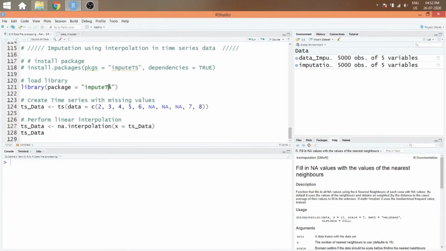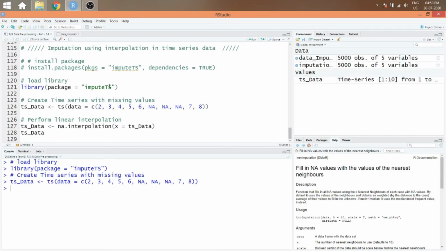Interpolation in time series data. imputeTS is a package and na.interpolation is a function which helps us to interpolate time series data. In line 121, we are importing the imputeTS package into R. In line 124, we are creating time series data from 2 to 8.